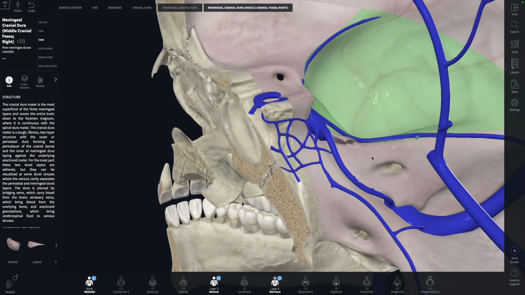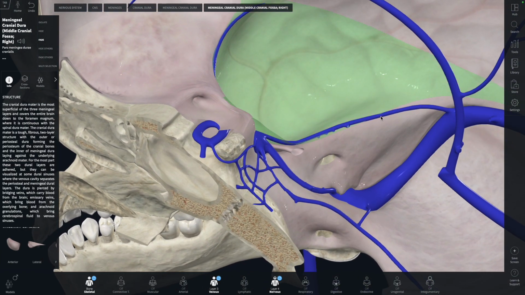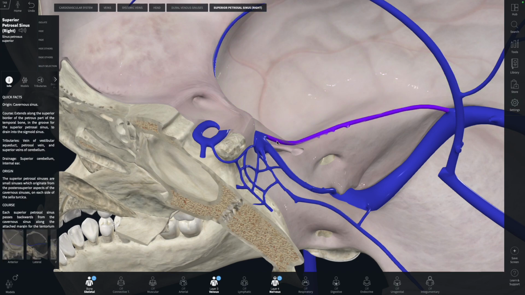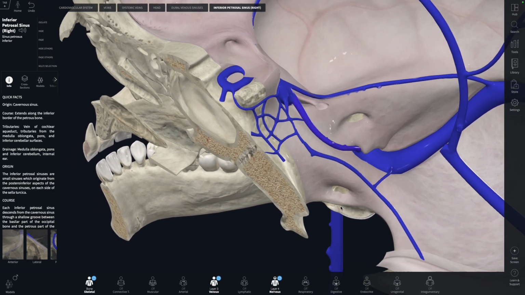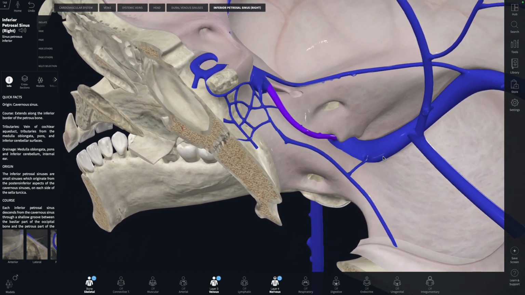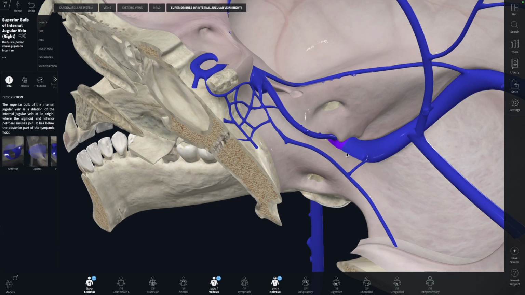Returning to the cavernous sinus, the cavernous sinus drains into the sigmoid sinus via 2 sinuses. The superior petrosal sinus, which courses along the petrosal ridge of the temporal bone, and the inferior petrosal sinus, which drains directly into the sigmoid sinus here. To see, the sigmoid sinus then enters the jugular foramen, just here, and enters the jugular foramen to become